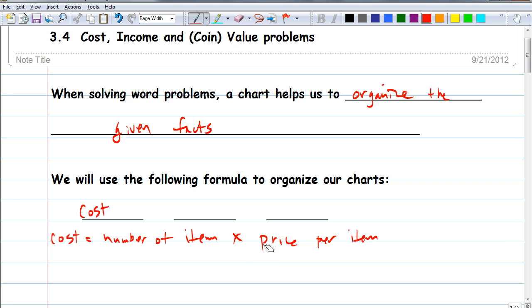Okay, then next, the income. The next formula we're going to talk about is income. For example, let's say that we work 5 hours and they pay us $100 per hour. How do you figure out your income for those 5 hours? Yes, number of hours times... Exactly, number of hours you work times how much you get paid. These formulas are pretty straightforward, right? These are formulas that we already know. So I'm going to say income equals hours worked